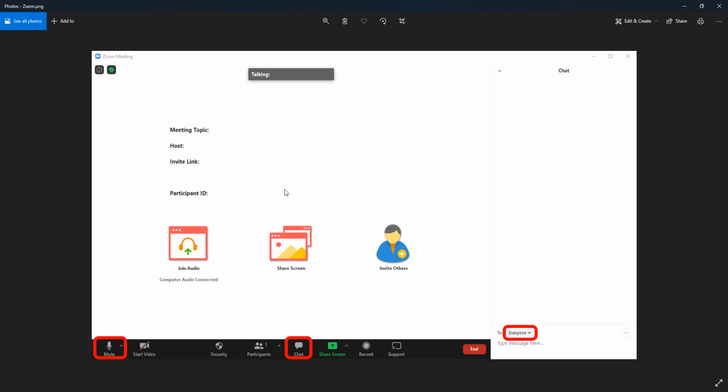This may look a little different to those connecting in from mobile devices, but you should still see something similar. The other functionality is the chat button, which is towards the center. And if you don't see this group of icons along the bottom, if you move your mouse towards the bottom of the meeting, sometimes it automatically hides. It should pop back up.